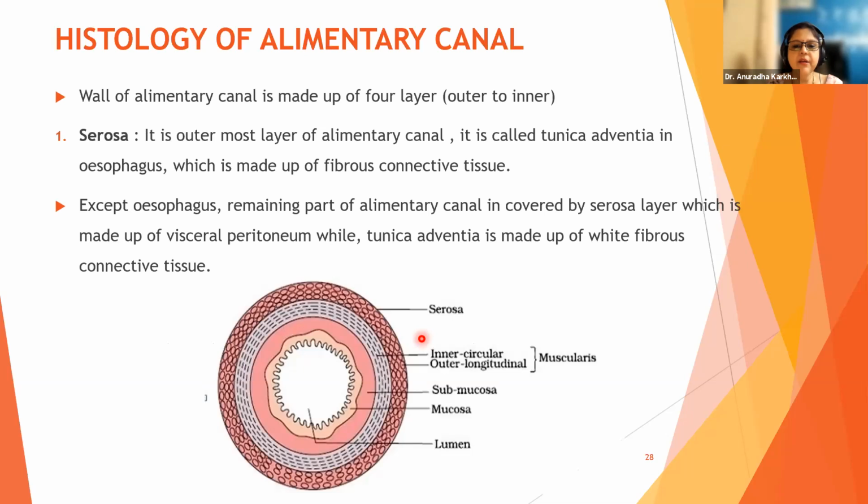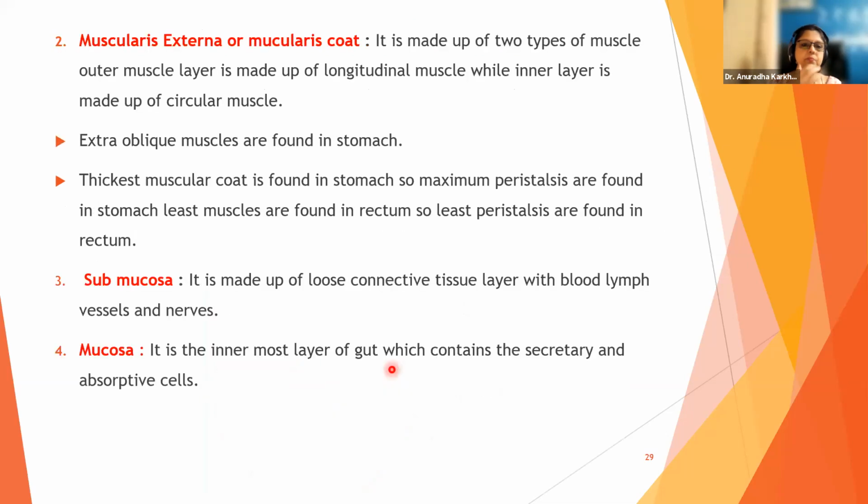Correct? Look at this diagram. This inner layer is circular, right? And this is the outer layer, which is longitudinal. Can you see? This entire cylindrical structure which has been made. So outer longitudinal and inner circular together make up your muscularis. Look at the thickness. The black border is the serosa, the outermost border. Inside this we have the longitudinal layer, which is part of muscularis. This is inner, which is circular, which is also muscle, right? So these two are going to be your muscular layers.